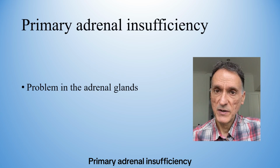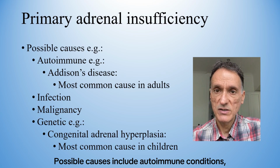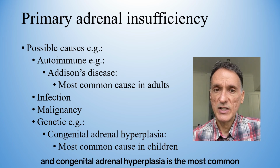Primary adrenal insufficiency is caused by a problem in the adrenal glands. Possible causes include autoimmune conditions, infection, and malignancy. The autoimmune condition, Addison's disease, is the most common cause in adults, and congenital adrenal hyperplasia is the most common